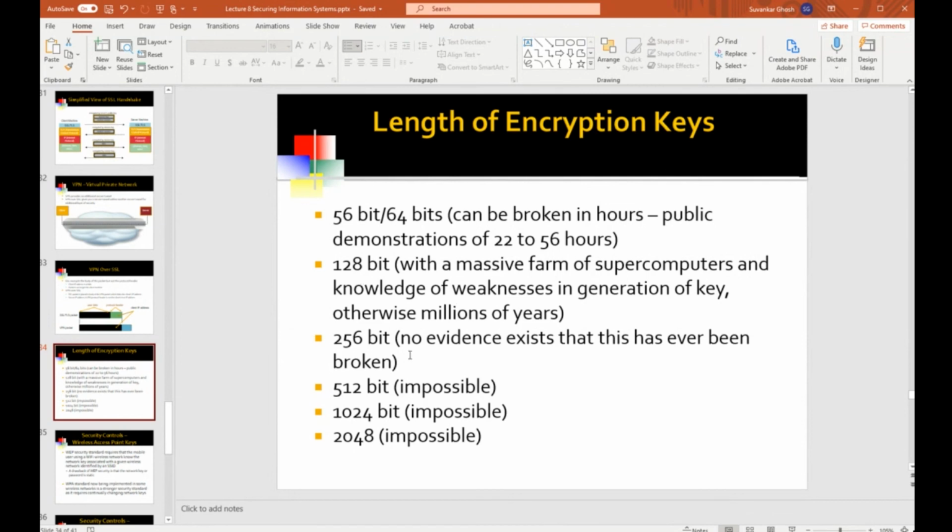And what these studies have shown is that if you go to the higher order bits, like 256 and beyond, that's completely out of the question. Even with a bank of supercomputers, it'll take you literally millions of years or billions of years, as some of the studies quote. Essentially, the message is that 256-bit and above is simply not theoretically possible. To run through all the combinations will take you billions of years. So it's virtually not doable.